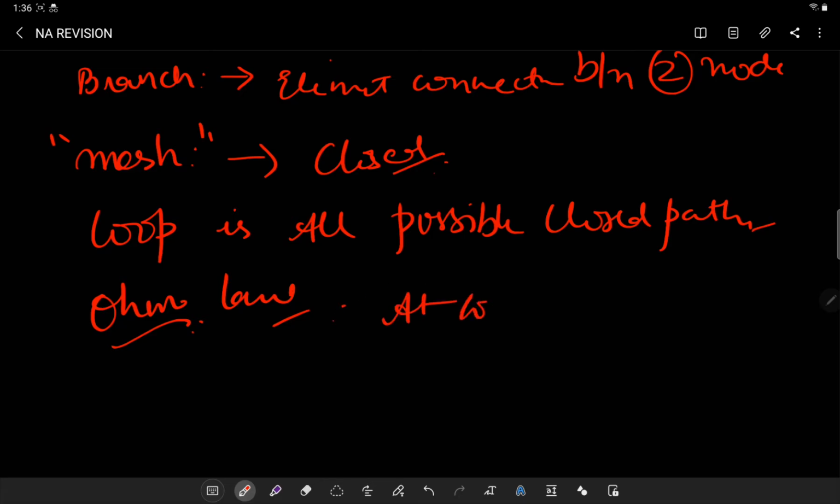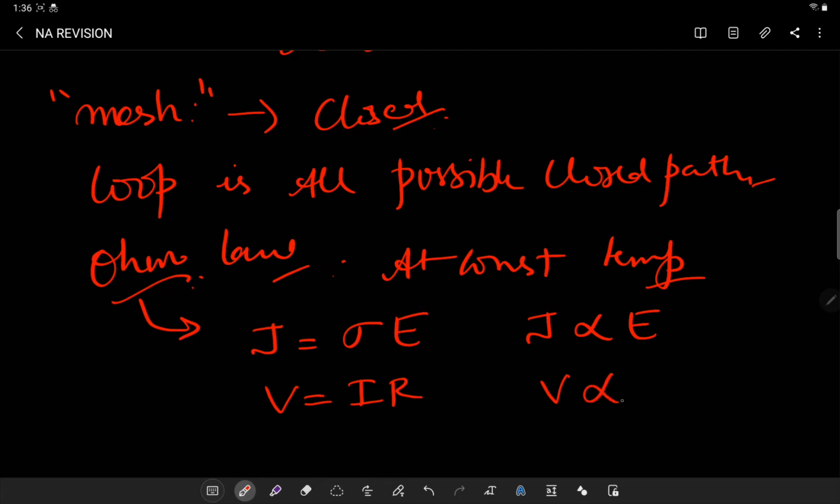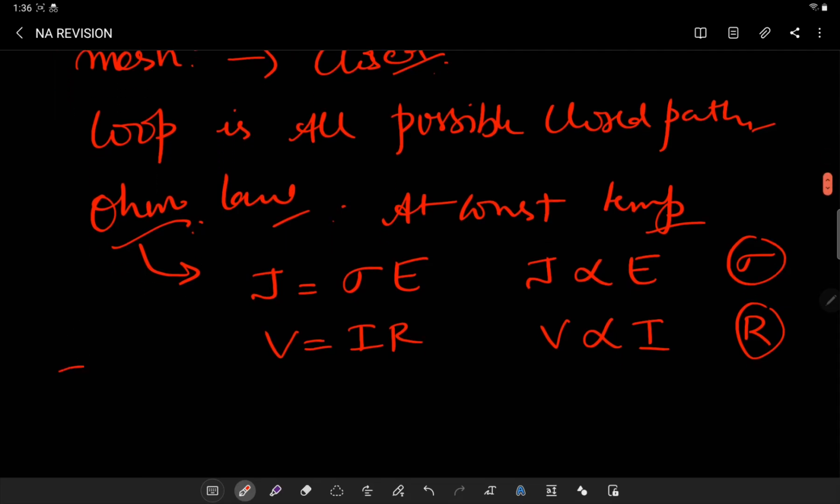So at constant temperature, Ohm's law is represented in two different forms, namely the first form is J is equal to sigma E and V is equal to IR. Simply I can say J is proportional to E and V is proportional to I, where the proportionality constant is R and sigma is the proportionality constant. Here J is the current density, rho, which is 1 by sigma, is called resistivity,